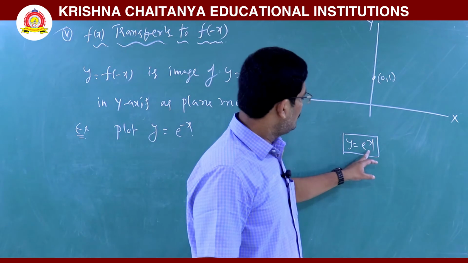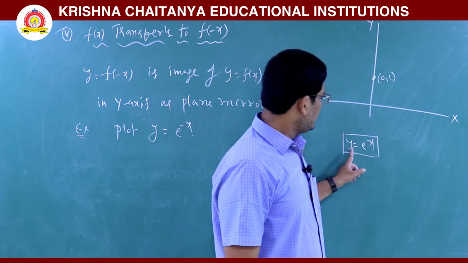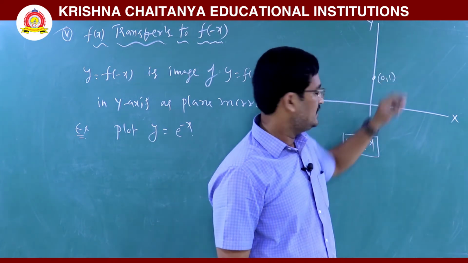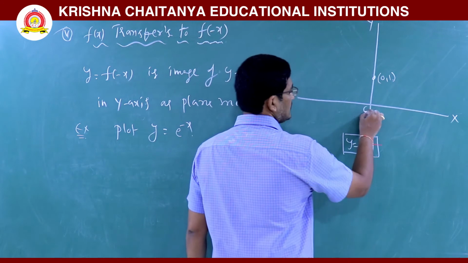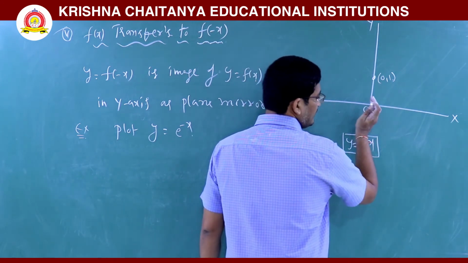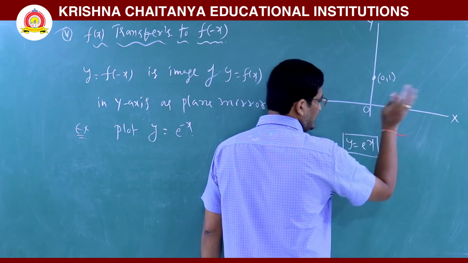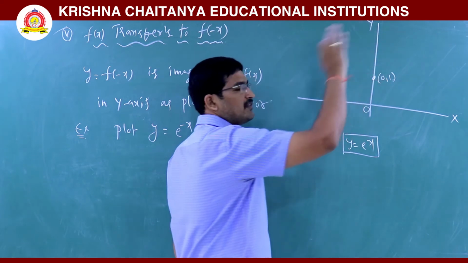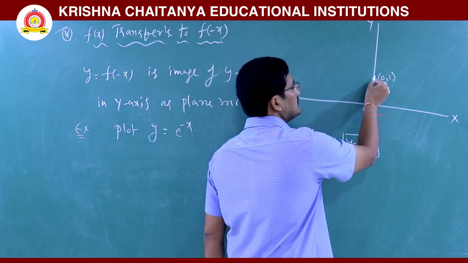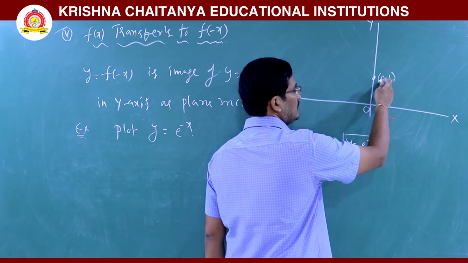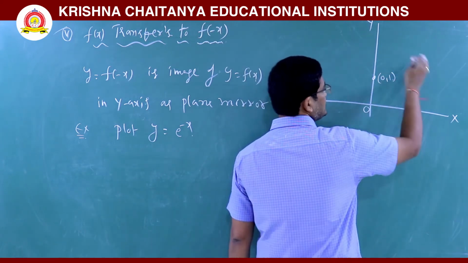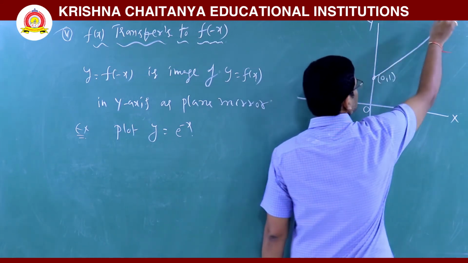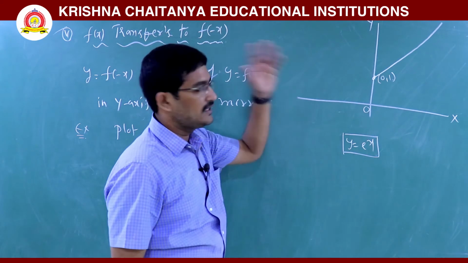At x equal to 0, y equal to e power 0; at x equal to 1, y equal to e power 1, and the value of e is 2 point something. Along the x-axis, we take values of x from 0 to infinity. At x equal to 0, y is 1; at x equal to 1, y is e; at x equal to 2, y is e squared; at x equal to infinity, y is e power infinity, which is infinity. So the curve rises like this, up to the end.